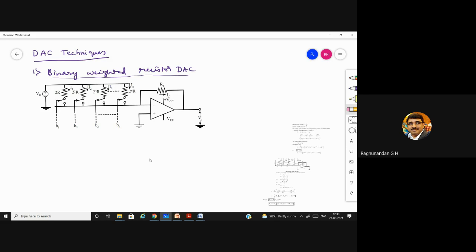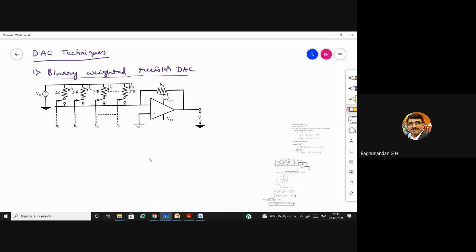Here we will have a common line connected to the inverting terminal, and we have a feedback resistor, and a series of resistors